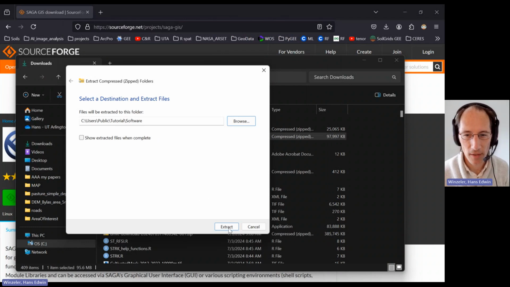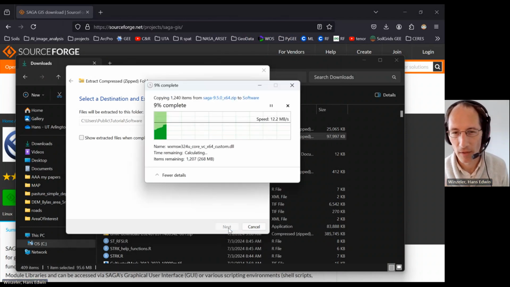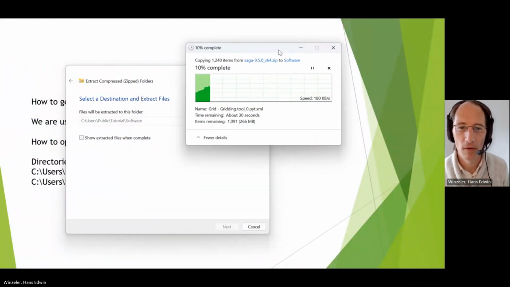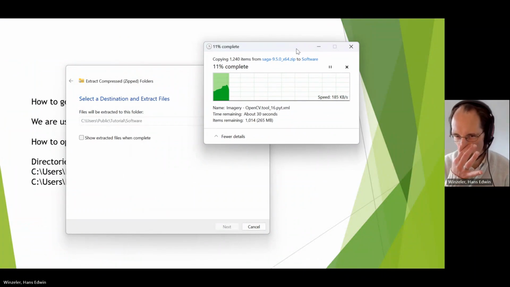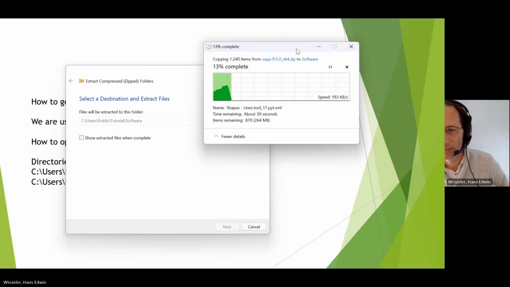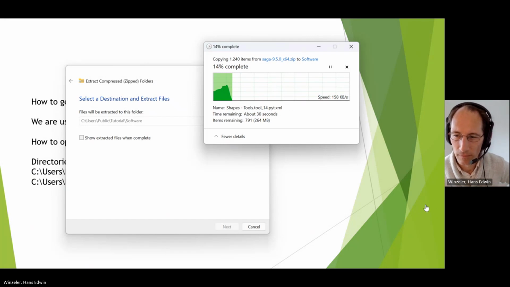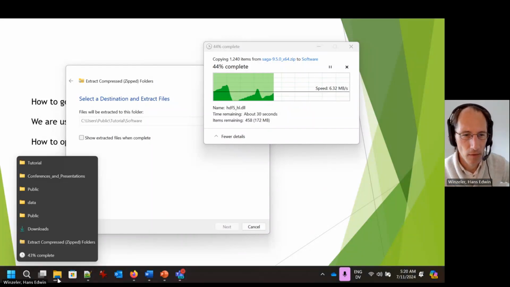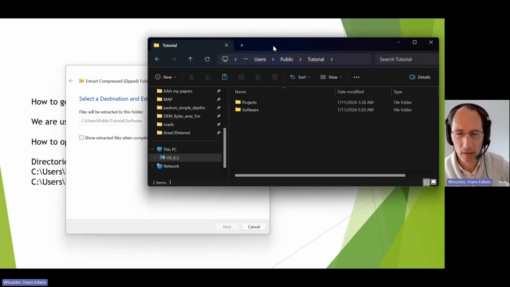So I'm extracting it into that folder. Takes a few minutes. And we'll open the folder and see